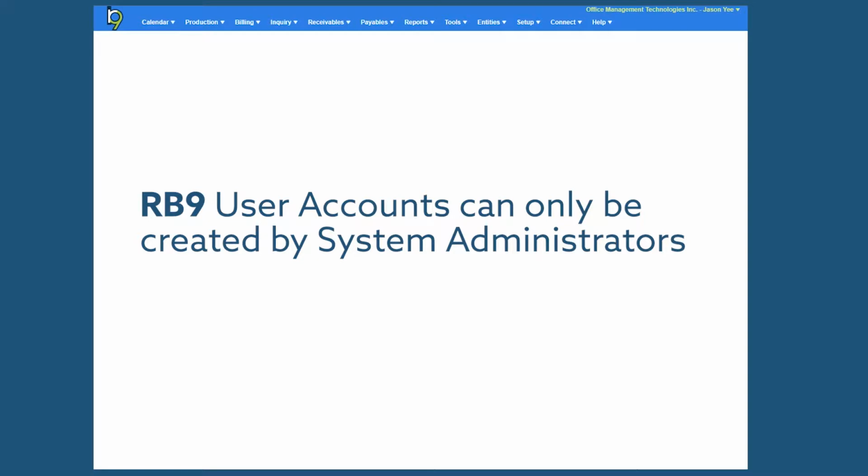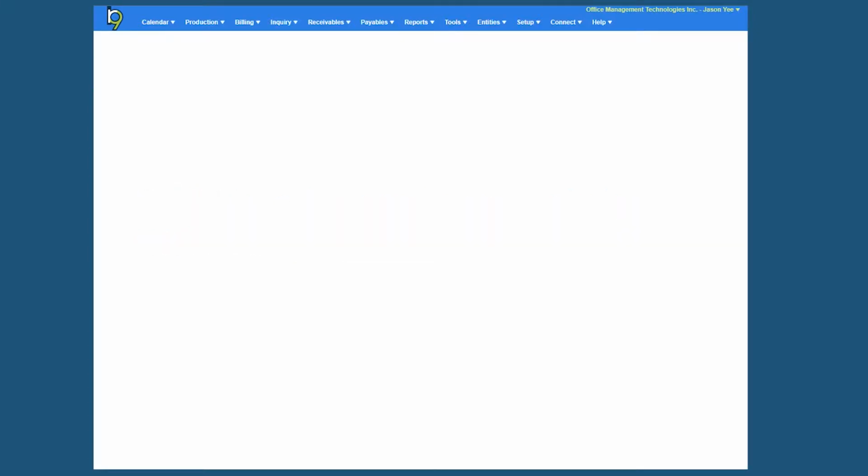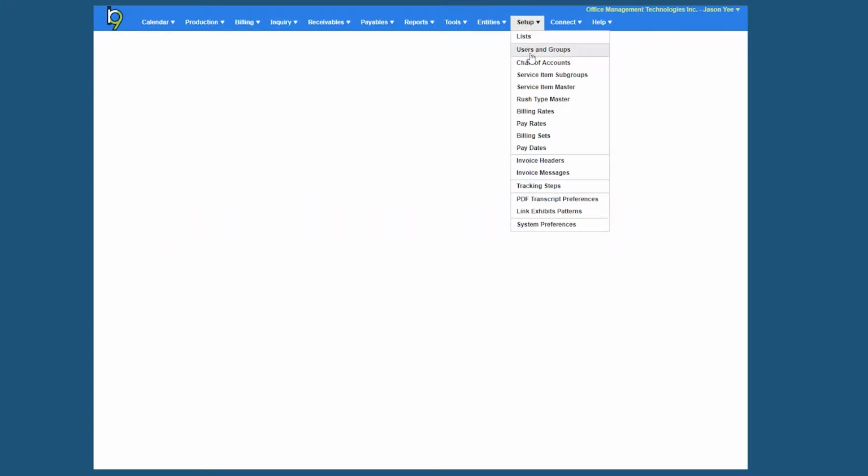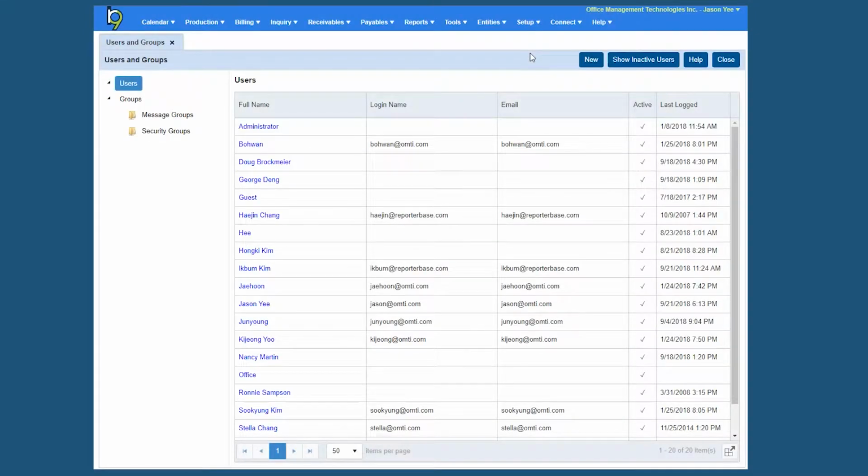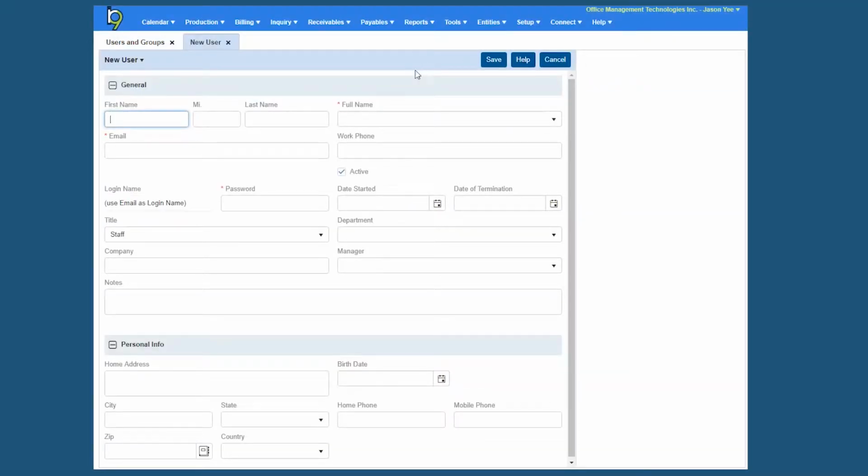To create new user accounts in RB9, you'll need to be logged in as a user that has administrative rights in the system. What you'll want to do is click on Setup and select Users and Groups. By default, RB will display all of the active user accounts you have previously set up in the system. To create a new account, what you'll want to do is click on the New button, and you'll start by